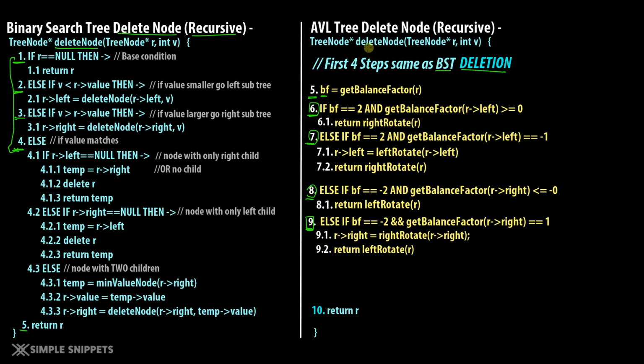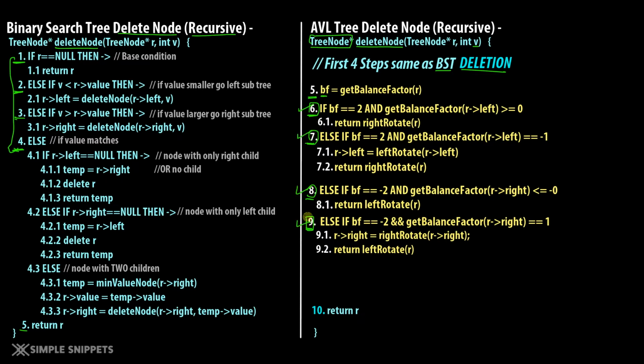So you can see the name of the function or name of the operation is delete node. Programmatically we are going to return a pointer of type tree node, or node if you've written your class with the class name as node. This function is going to take 2 parameters or 2 arguments. First one is the root node and the second is the value of the particular node that you want to delete. So this is a little bit of overview, and right now